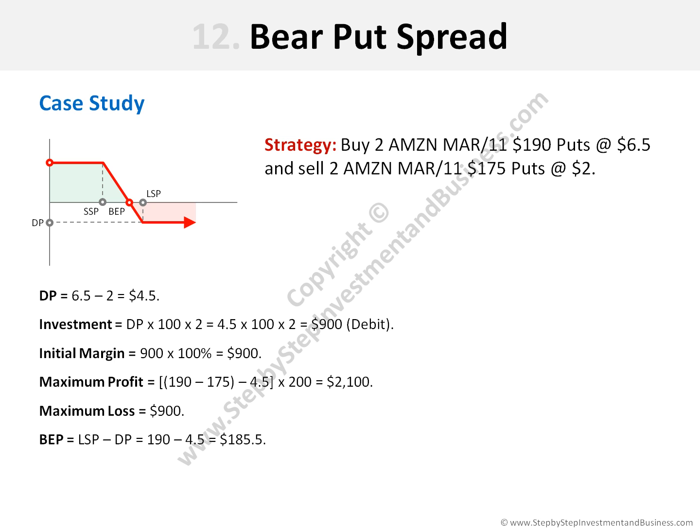The maximum profit we can make is equal to the strike price of the long put minus the strike price of the short put, minus the debit paid, multiplied by the number of shares, that is, $2,100. On the other hand, the maximum loss that we are exposed to is equal to $900, that is, the total debit paid. The break-even point is equal to the strike price of the long put minus the debit paid, in our case, 190 minus 4.5, which is equal to